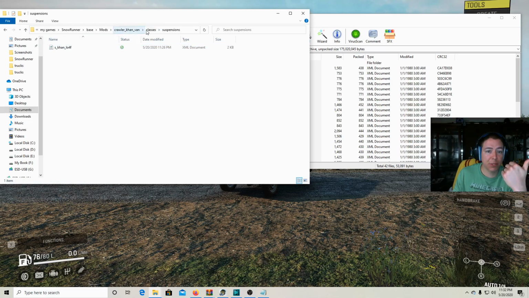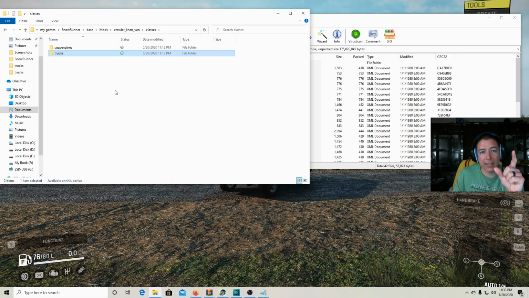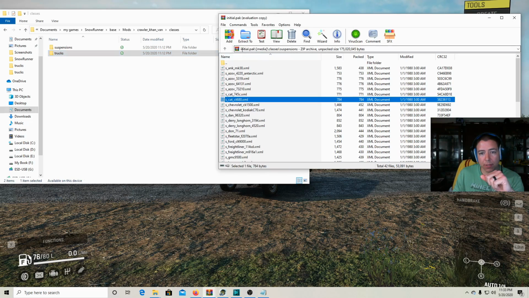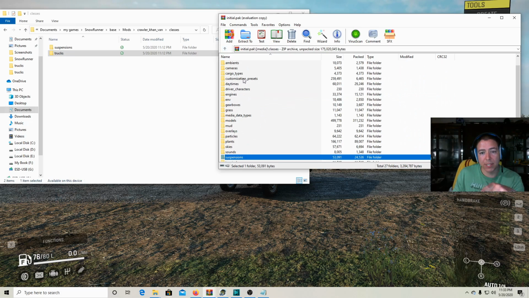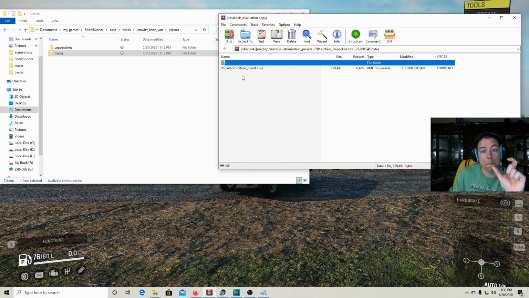Now, as soon as you rename a truck, so if I rename this truck, there's one thing. If I give it a custom name, I can no longer paint it in the garage because I've changed the name. And I'll show you real quick. Customization presets in the classes main folder. It's one master customization preset that has every color and paint information for every vehicle in the game. So when you make a custom named tweaked vehicle,